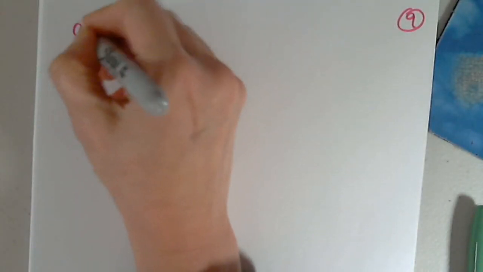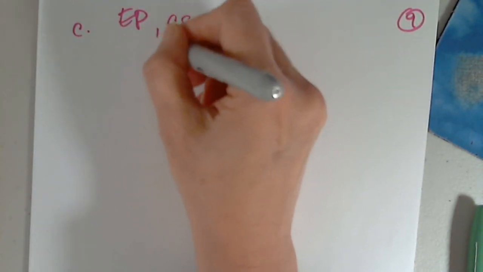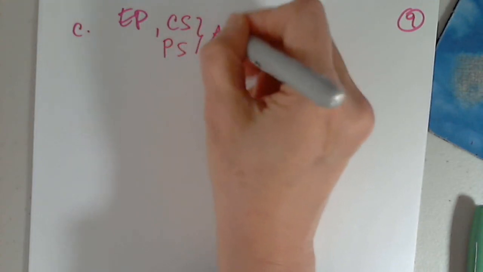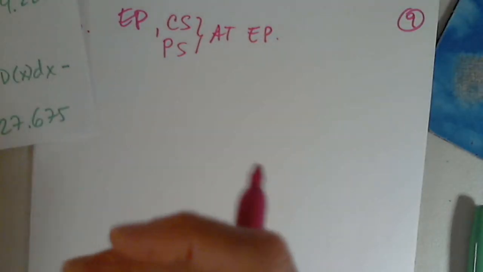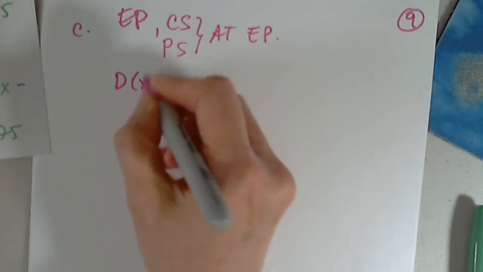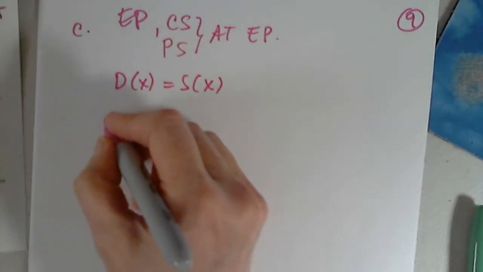So part C, yes. They want the equilibrium point, the consumer surplus and the producer surplus at the equilibrium point. Fine. I have to find the equilibrium point. And we are given both functions, so we have to set D of x equals S of x. Where's my D of x? Here it is,